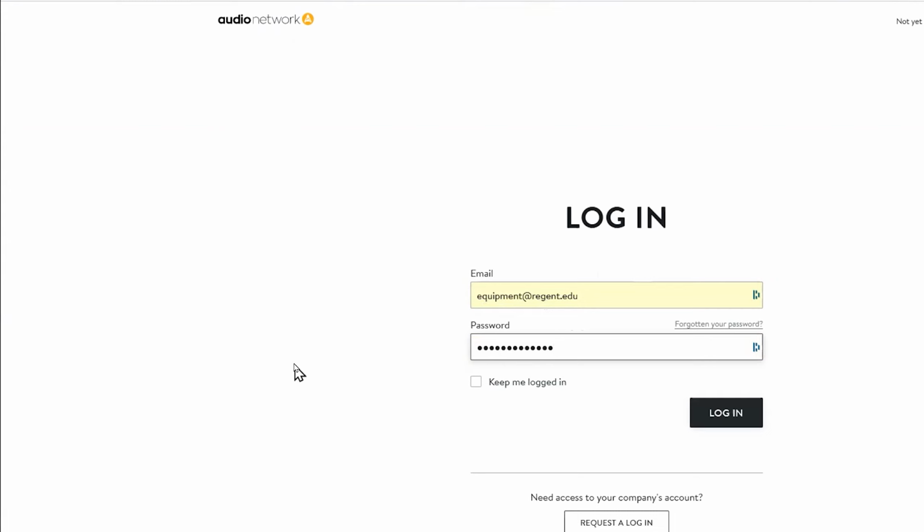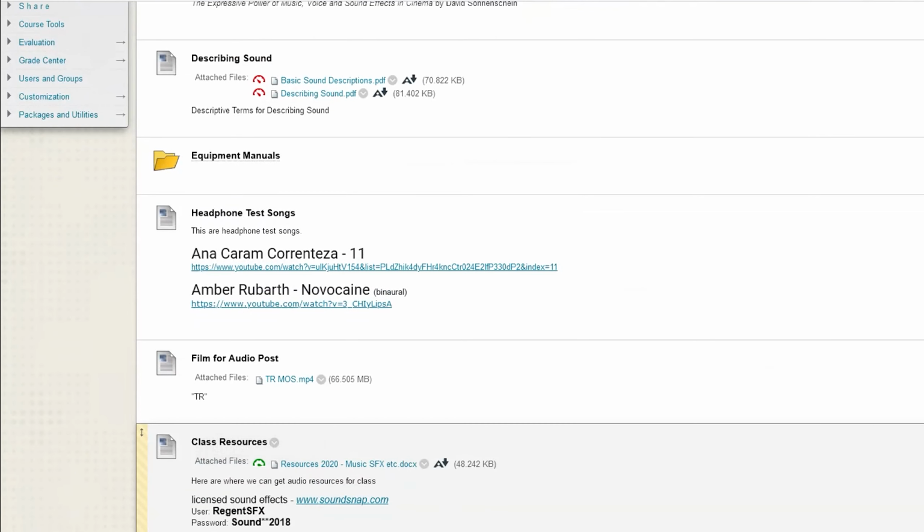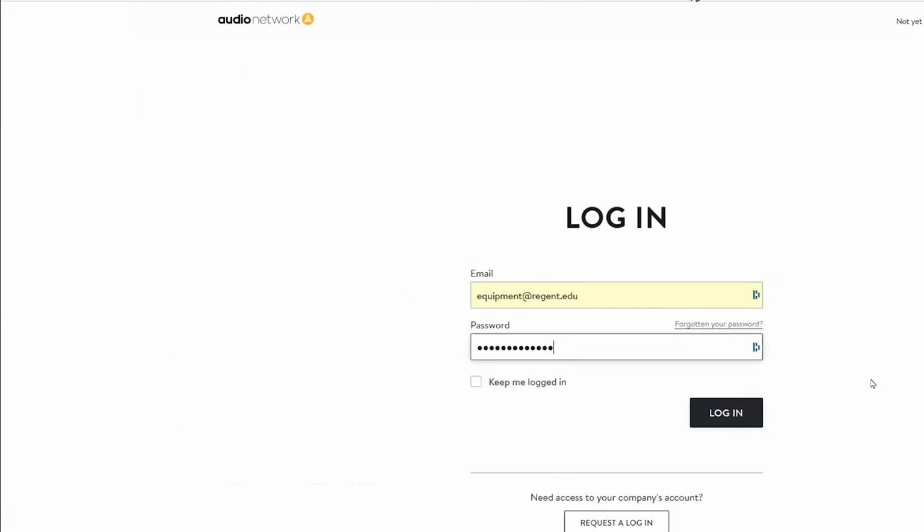And the password is a little more complicated. Capital R3G3NT. In fact, I'll show you right here. Capital R3G3NT, capital MUSIC20. We go actually back there and look at it, click log in,